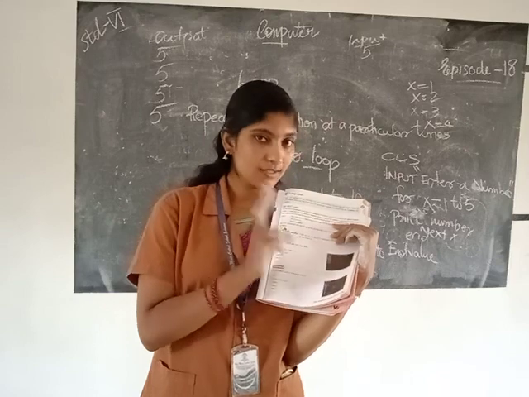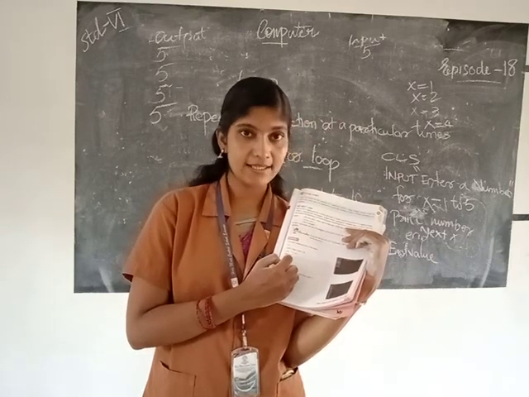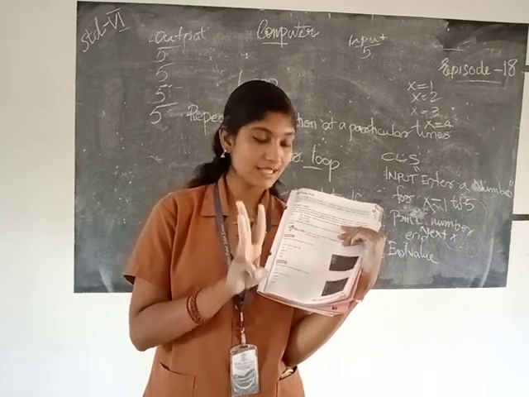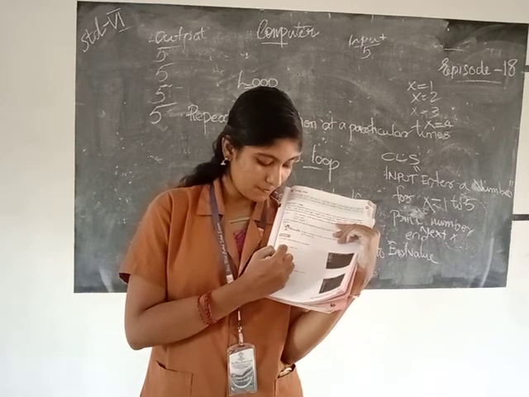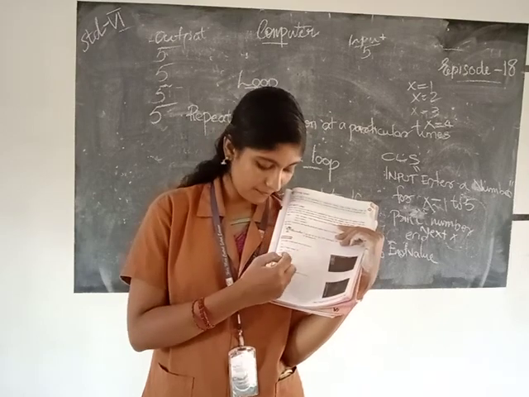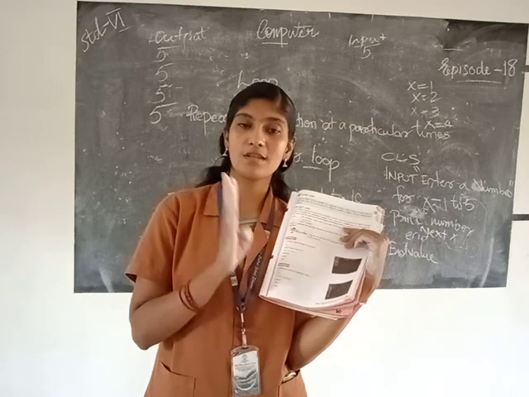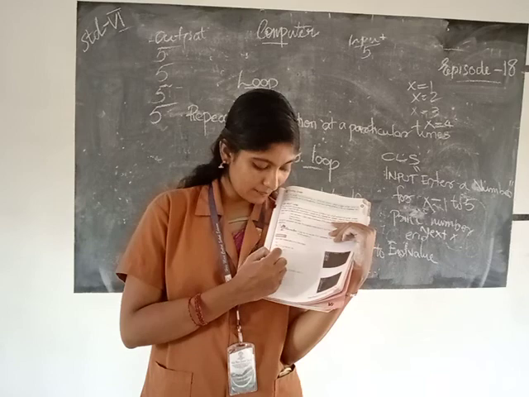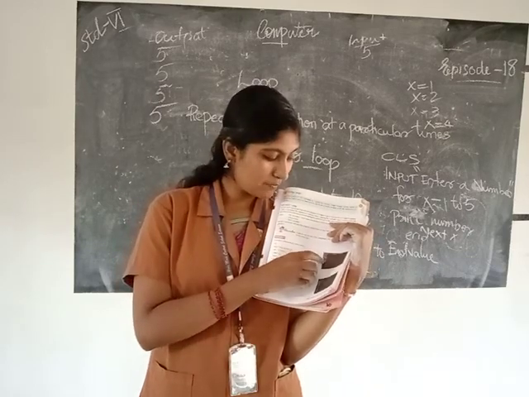So now the second time printing Ishi. Then next x, that means increment the value of x by 1, so now the value of x is 3. Then print A means print Ishi. So the third time print Ishi. Then next x, increment the value of x by 1, so the x value is 4. Then print A, that means the fourth time print Ishi.